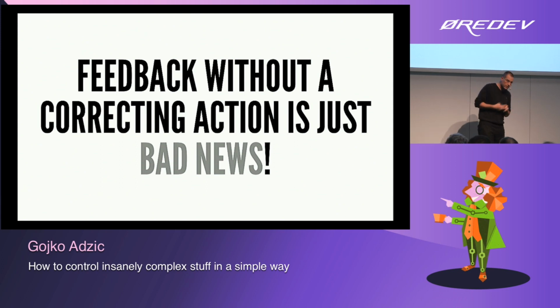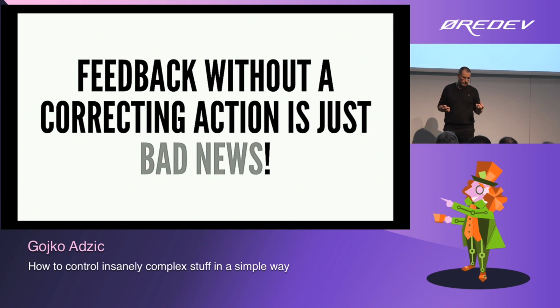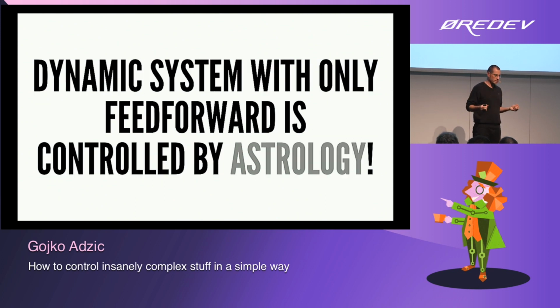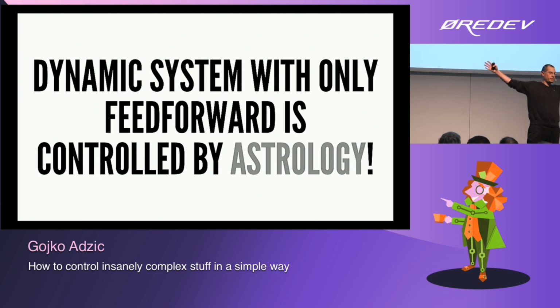If we want to establish a feedback loop, we need to know who the actuator is. Maybe in this case, the actuator is somebody from management. We need to send them the message. We need to be able to measure the error again and things like that. And the third thing that's really important is if you have a dynamic system and you're trying to just manage it with feed-forward, the closest thing to that is basically astrology. It's like, Mars is in retrograde, your release will be successful.